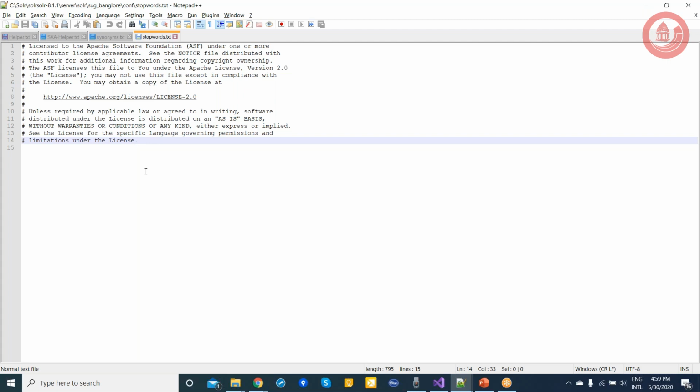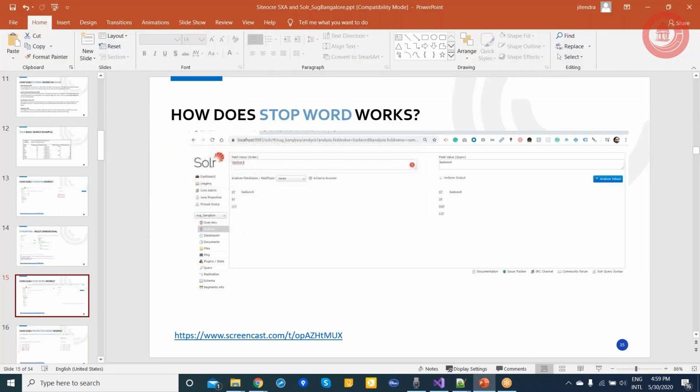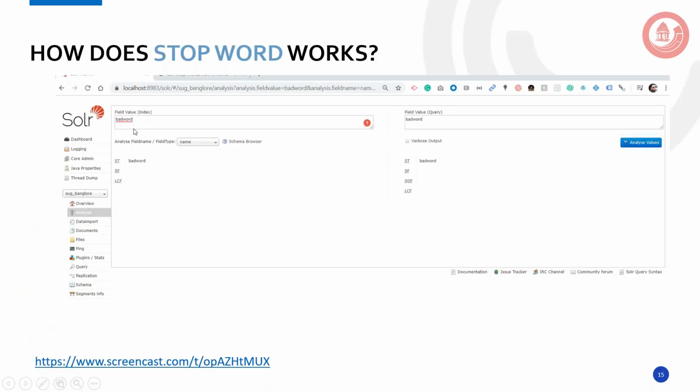In that case, I will put those words in here and they won't be indexed. Let me show you. I added this word, bread, and it was there, but after that, on the second filter, it got removed. So that's the purpose of having the stop word.